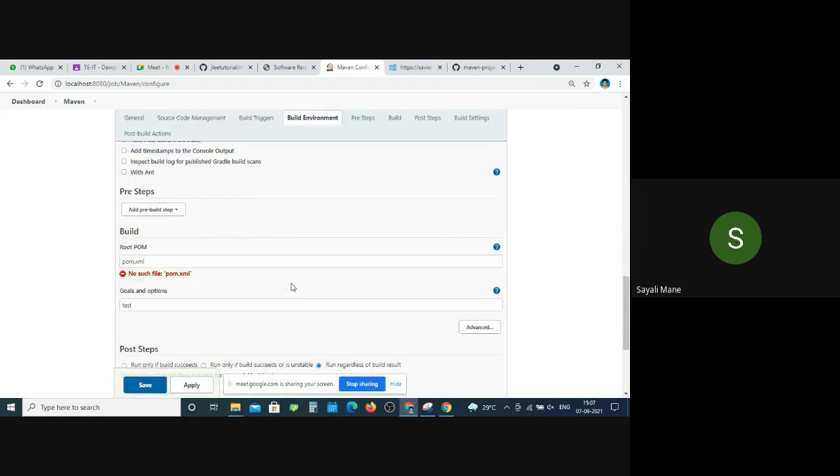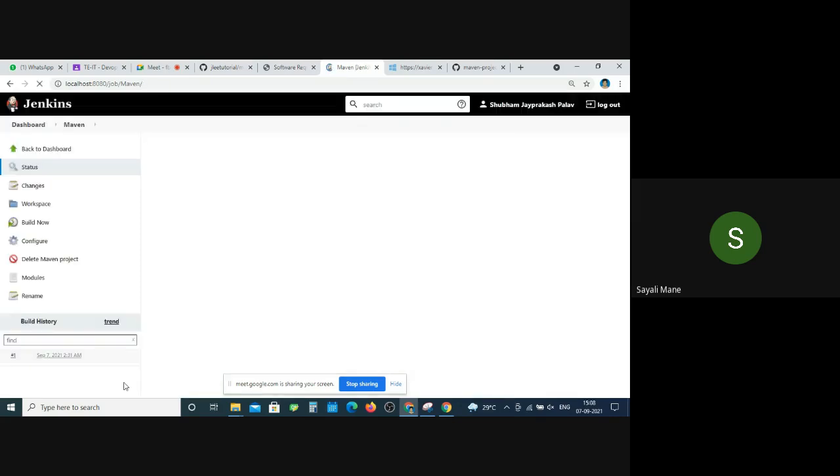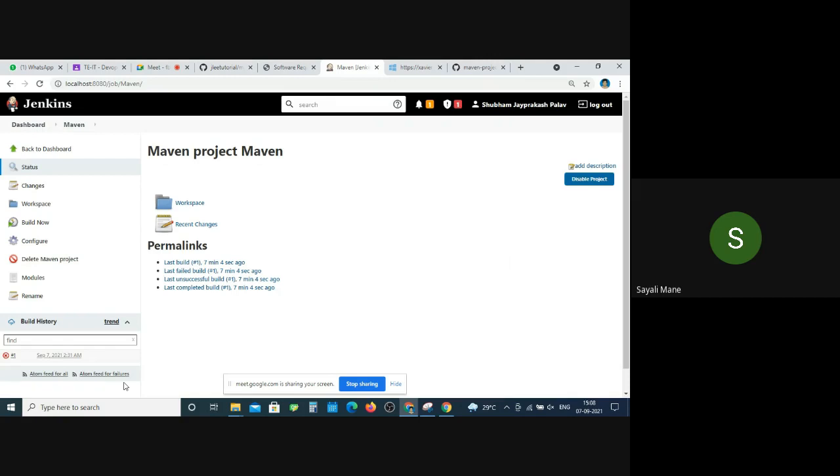Delete that pom.xml file and type it again, because it shows that your Jenkins account is not linked to the GitHub account. Click on build now. Build now. Click on it.